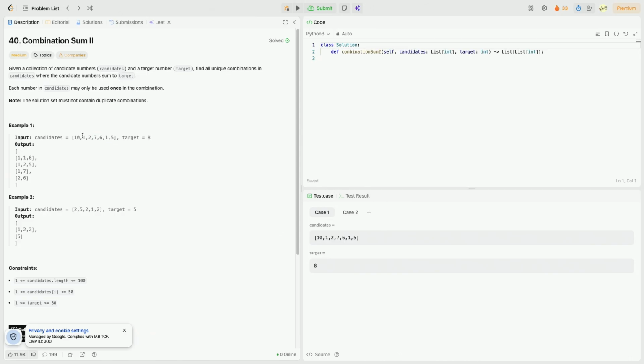So the first thing that I'm noticing, I find it difficult to systematically pick numbers. I think what we will have to do is sort them. And when we sort them, I think it becomes much easier. So let's try this: 1, 1, 2, 5, 6, 7, 10, right? And now it becomes easier for me to see